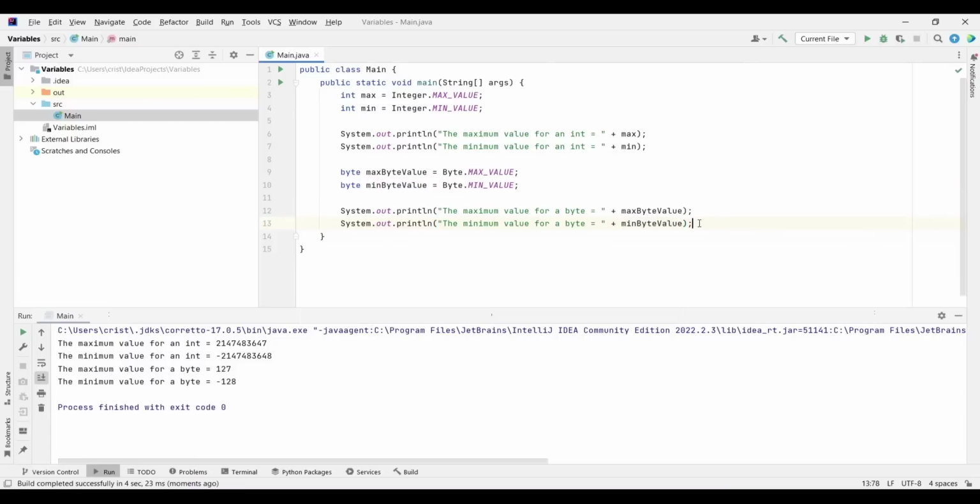And there is another data type which is bigger than the integer data type, and we're going to look at that now. So let's look at the next data type which is bigger than an integer, and that is called a long. So let's go down here. I will type long. This is how we declare it. Next I'll give it a name, let's type max long value equals, and I will type here Long.MAX_VALUE semicolon,